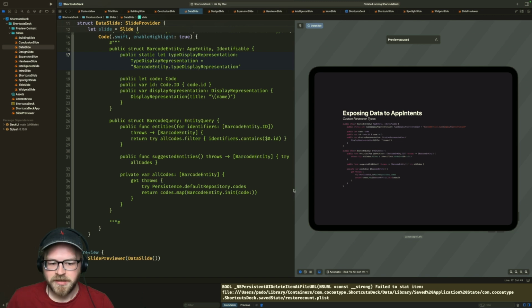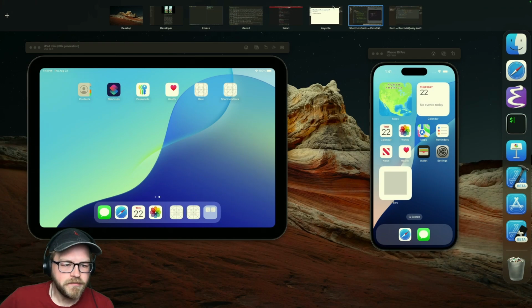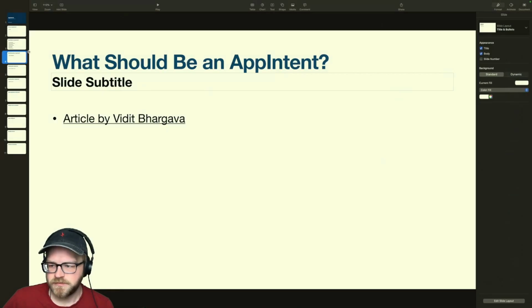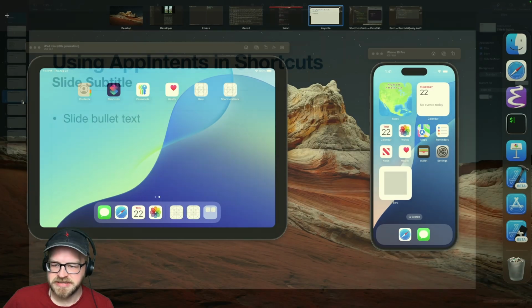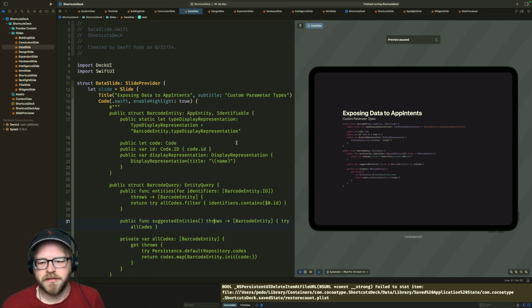Okay. We're going to get more complicated as we move along, especially because a lot of these things I have not done yet. So we may have to come up with our own fake code. What else do we have in here? Exposing data, using app intents and shortcuts. Okay, so I think this is going to basically be another bullets slide, but then we'll have a screenshot of using this in an actual piece of code. I think that could work.